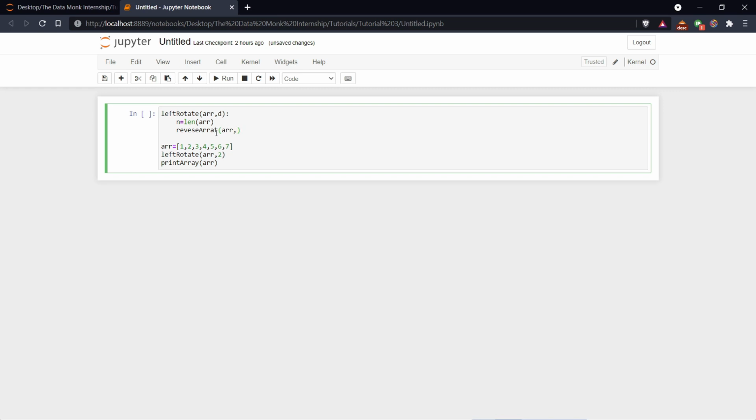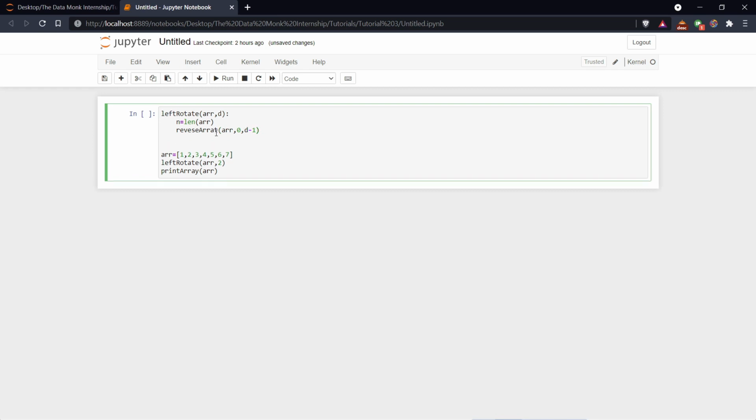and so first we are splitting into two parts. So let's take it from 0 to the position that we are going to split it after, that is d minus 1, because you know Python's indexing is from 0, so 0 to d minus 1. After that we are going to reverse the second half, that is d to n minus 1, which is the last element. N minus 1 will be our last element.